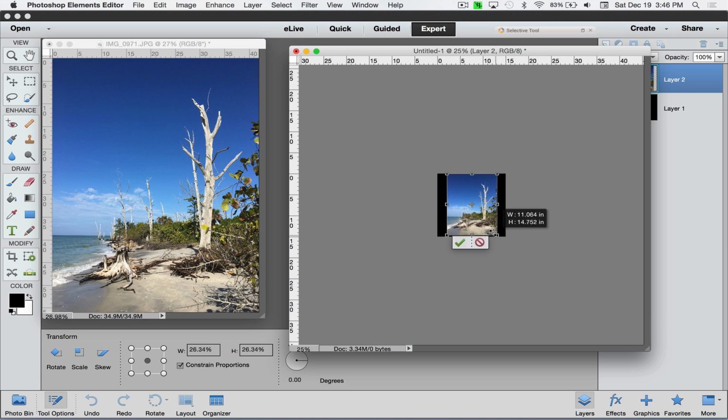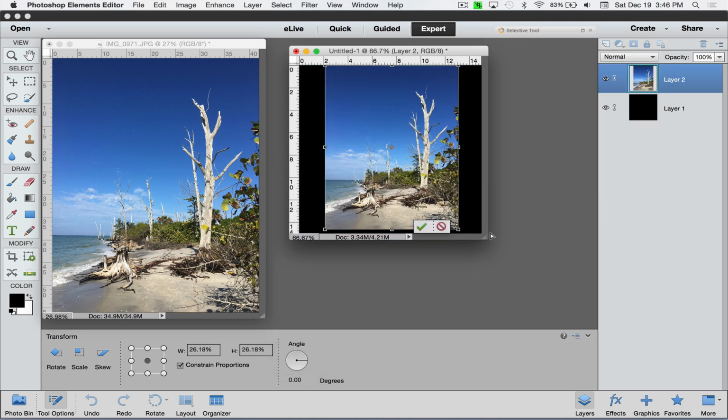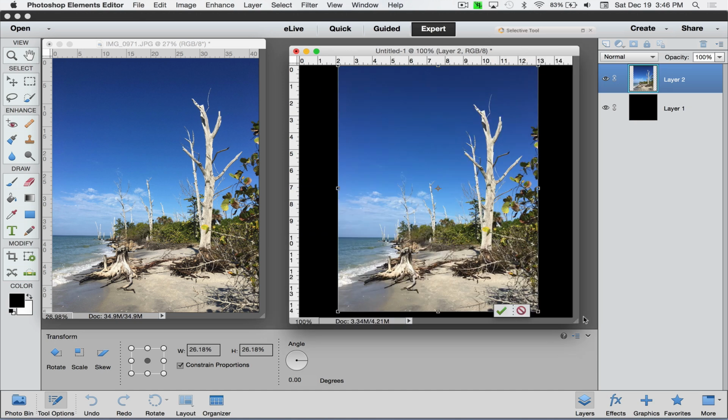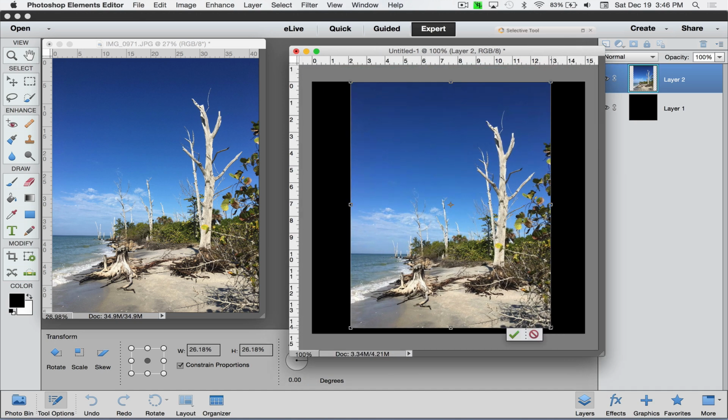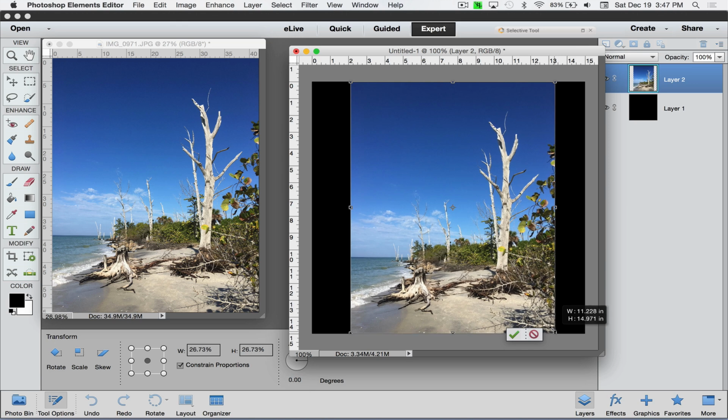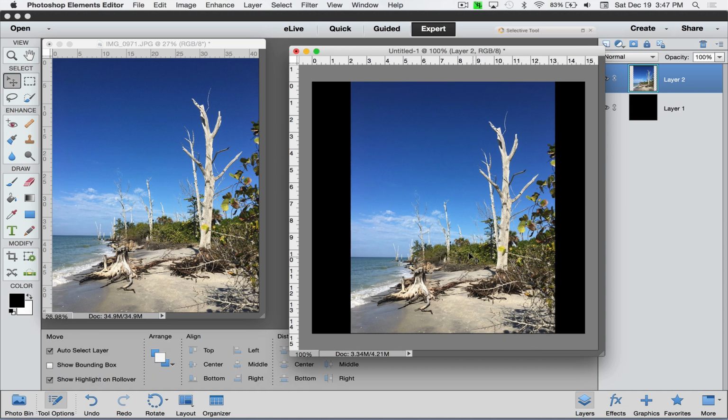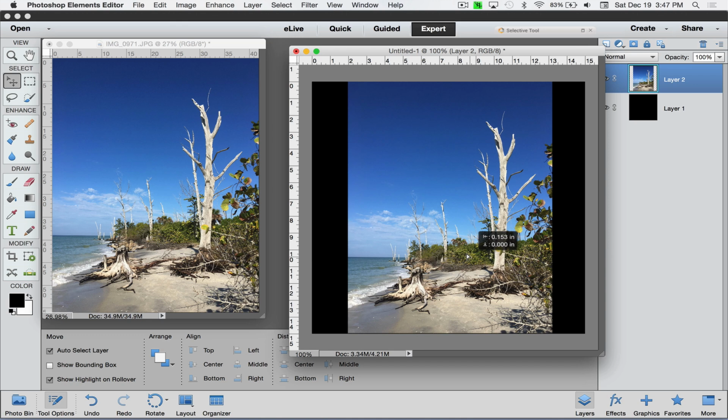Okay, so I'm just going to make this fit this square, and we can zoom in a little bit now so we can actually see what in the world it is we're doing. All right, a little bit bigger, we're almost there. Perfect. And then we can go ahead and hit enter or return, or we can hit the little green checkbox, and then we can maybe center it up a little bit. So this is basically what you could send up to Instagram,